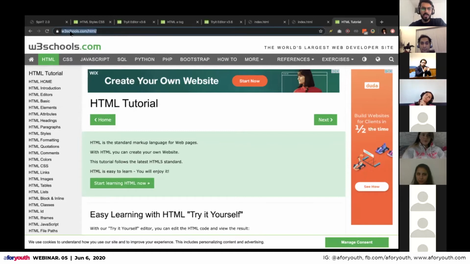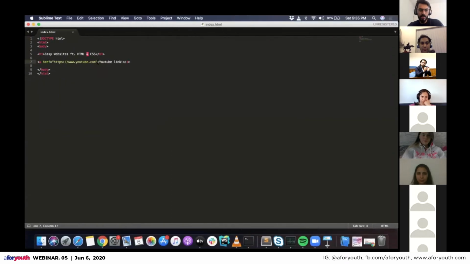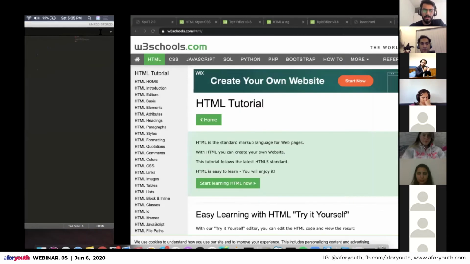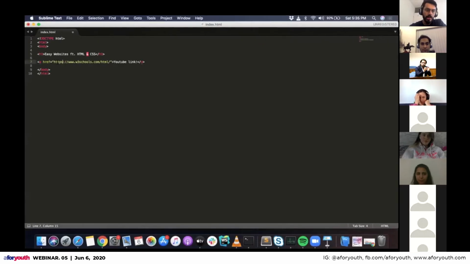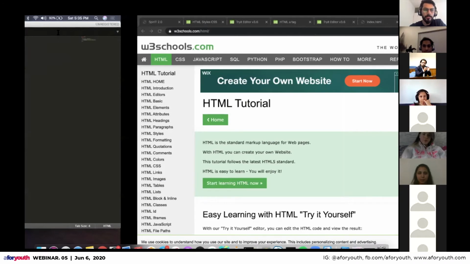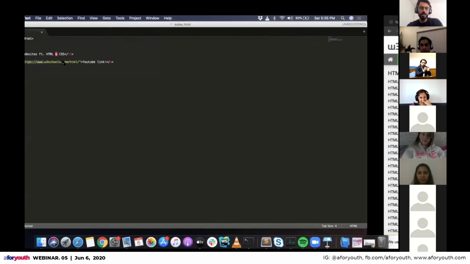And HTTPS actually shows up when you copy this URL and paste it here. It will actually show me HTTPS, right? Whenever you copy any URL, it will actually copy HTTPS with it, because this is the hidden part. Everything before W3 Schools is hidden in there. But when you copy it, Control C, Control V, you will actually see that part as well.